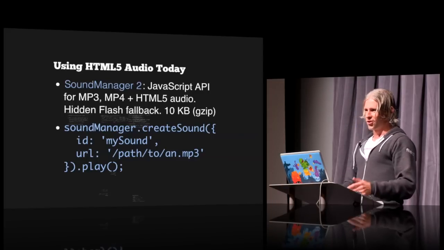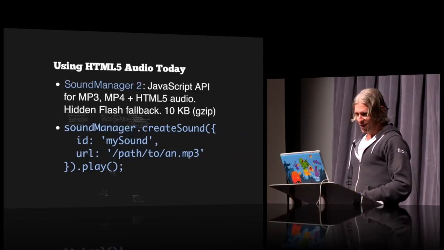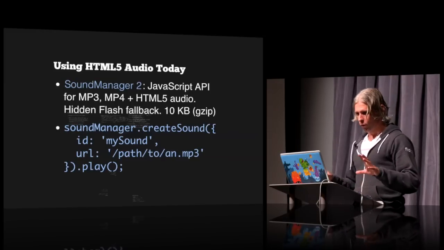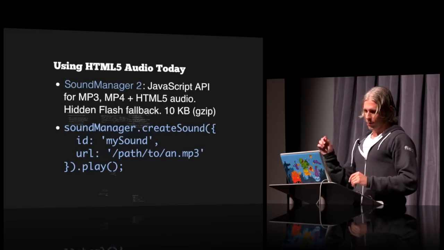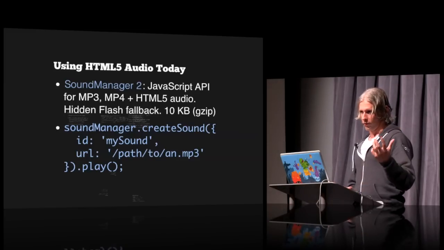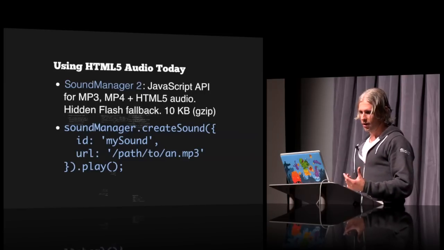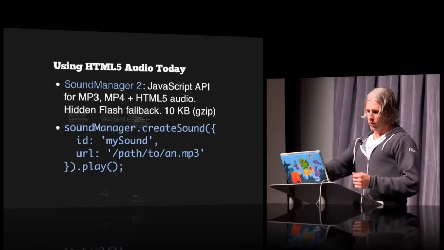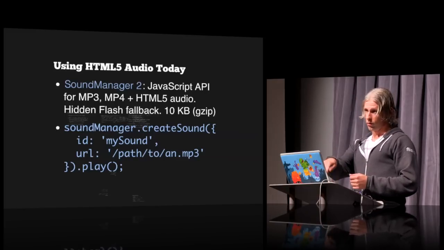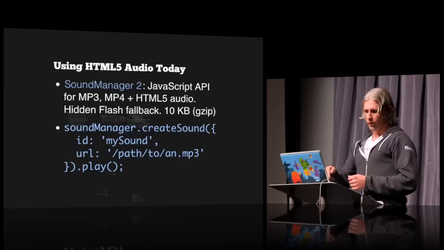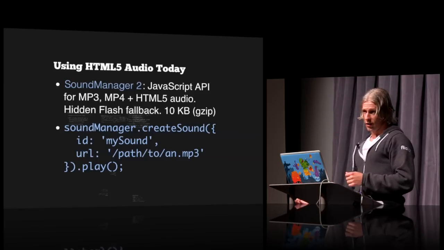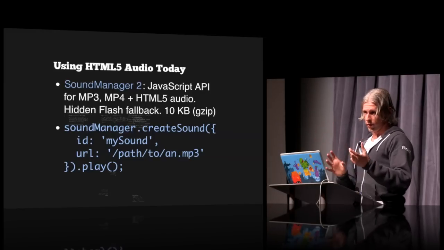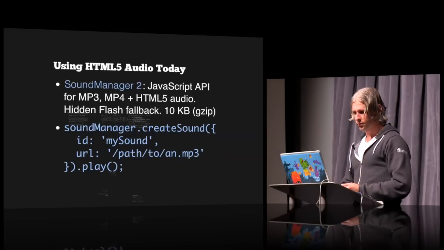If I were selling something here, my point would be you should use SoundManager 2, because I've been working on it for 7+ years and it's good, or at least I think it's good. What I'm trying to help people do is play HTML5 audio while also having fallback support for the older browsers that don't do it. This API abstracts that so you can just say create sound, with an ID and a URL, and then call methods like play, stop, pause on that object. It will use Flash if it needs to behind the scenes, it'll use HTML5 if it's there, and it can seamlessly branch between the two depending on what kind of file you want to play.